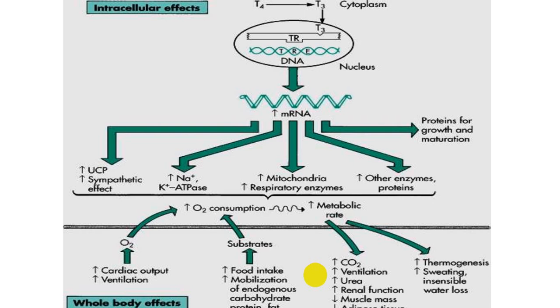In adipose tissue also, in excess it will break down the adipose tissue into free fatty acids. So whenever a person has an excess of T3 and T4, that is in thyrotoxicosis, you will have a breakdown of fat, and it will reduce the fat content of the body, and the person will have weight loss. Also it will break down the muscle protein, and it will reduce the muscle mass. But in a normal quantity, it will have a constructive effect on fat and a constructive effect on muscle.